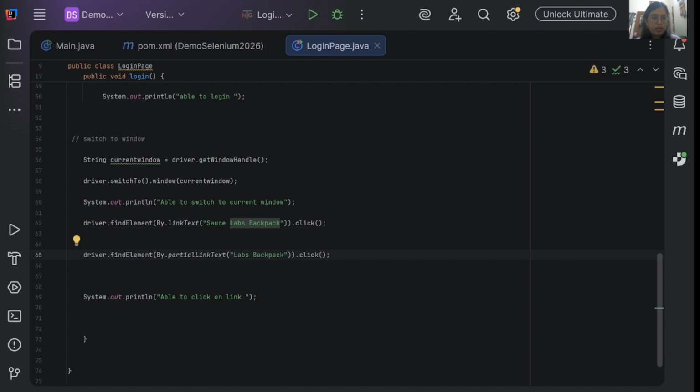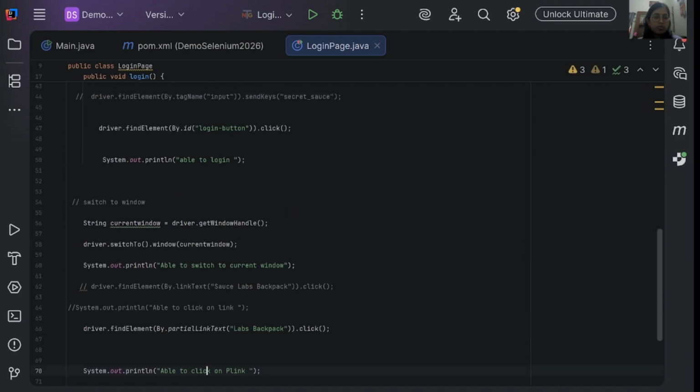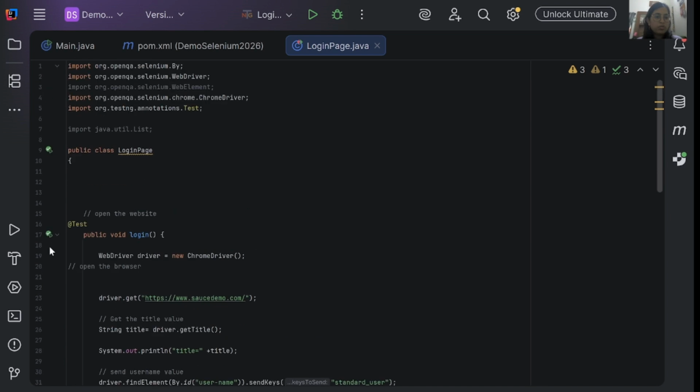This you can provide, then click on it. Let's comment this, skip this, and comment this too. And comment "able to click on" partial link. Okay. So I'm going to run this.